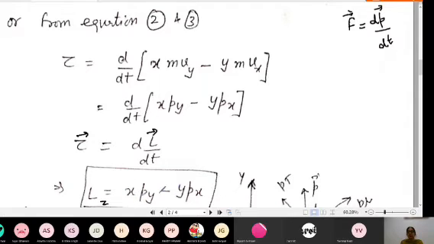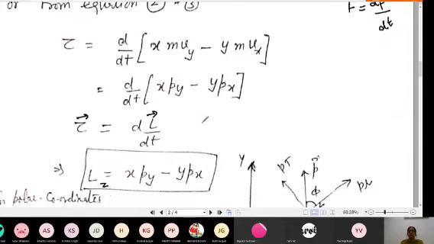By using the right hand rule, you can check that if the body is moving in the xy plane, then angular momentum has to point along the z-axis. So I get this equation simply by comparing torque, which can be written as dL by dt, and then x py minus y px gives me the angular momentum